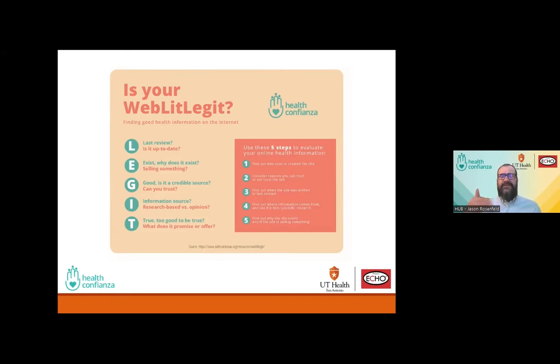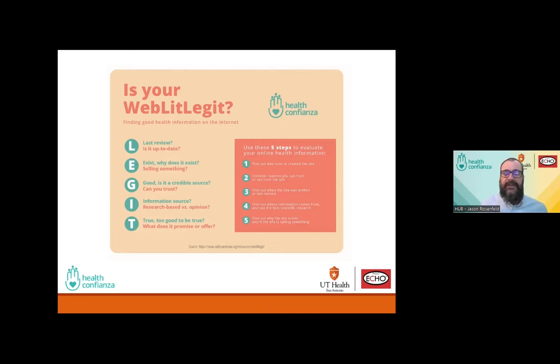And then you have to look at the I, which is the information source itself. Are they citing research? Is it research-based or is it opinion? Many places will tell you that this is an opinion article. Others will just simply say, COVID-19 kills, and then they put a whole bunch of information. And then the onus is on the reader to determine whether it has a scientific base